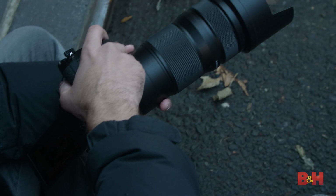Splash, dust and freeze-proof design benefits working in inclement weather conditions down to -14 degrees. So you can take this to